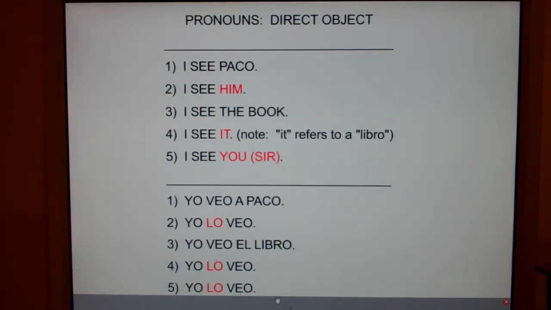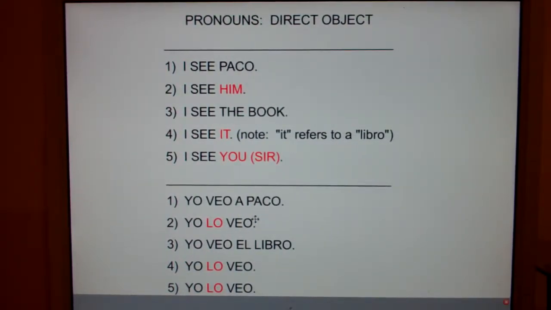All right? Now let's look at number one. Remember, ver is to see. What's the only form of ver that's irregular? Everybody, the what form? The yo form. It's not yo vo. It's veo. Veo's I see is veo. If you're confused by that, type in veo or type in ver. There's a clip on that. Now, it's not veo Paco, it's veo a Paco. I see personally Paco. Remember, anytime something's being done to a person, you need a personal A. And if you don't include it, they might take it personal A.